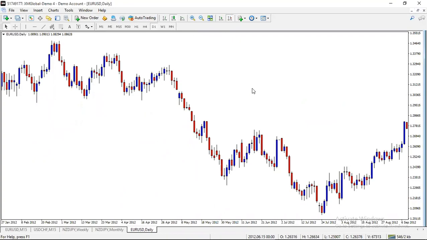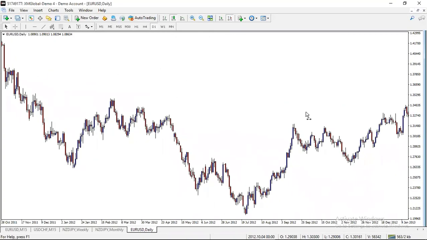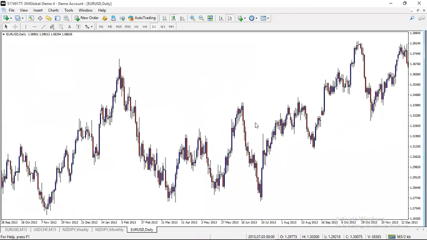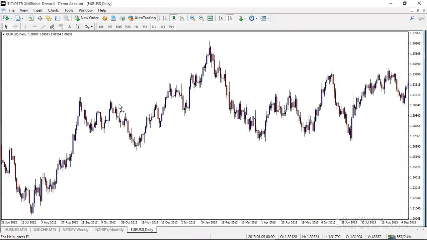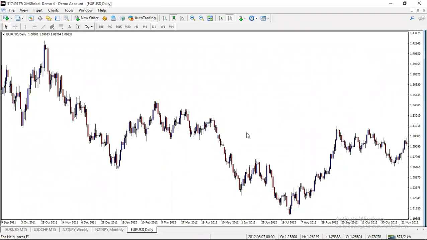I like to think of support and resistance as a zone rather than a specific price. I consider them more as zones than a specific price. Let's say, for instance, if I say,